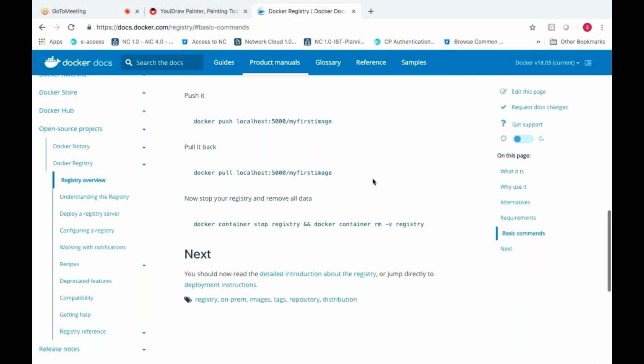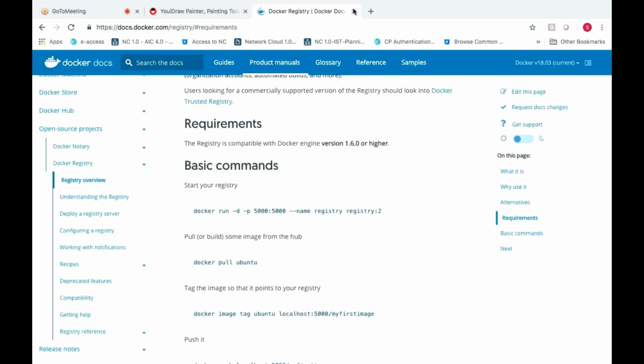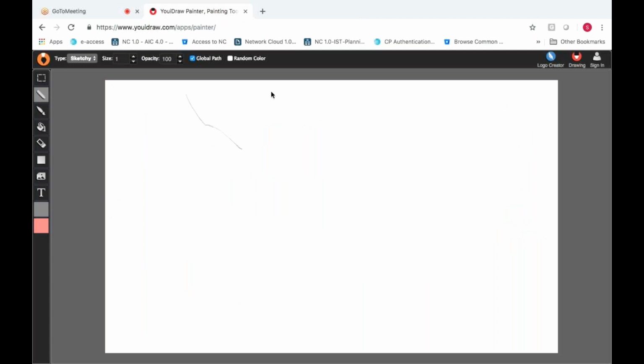So the registry and repository are different. Registry is called the entire set of repositories. Repository, in the sense, every image is called a repository by some people. Registry, in the sense, you are trying to register your image to that particular repository. Docker Hub is called a repository where multiple people are involved. We have public images and private images, and for each and every image we'll create a repository.